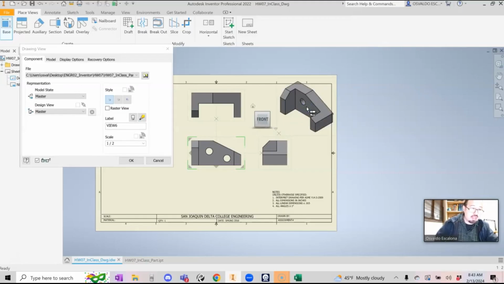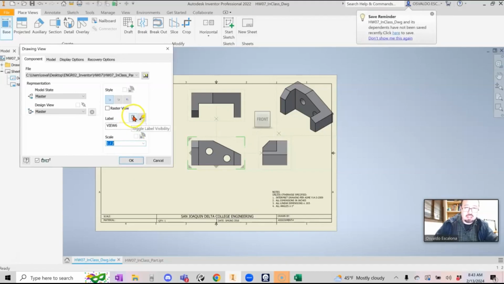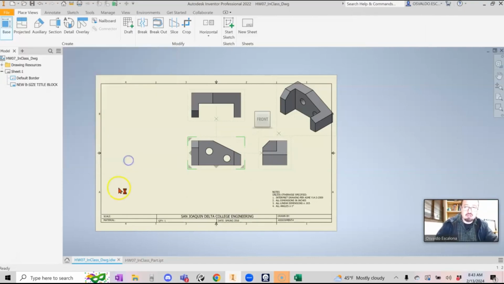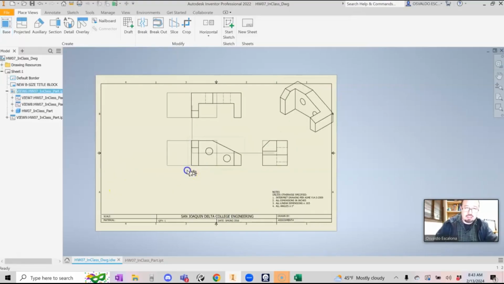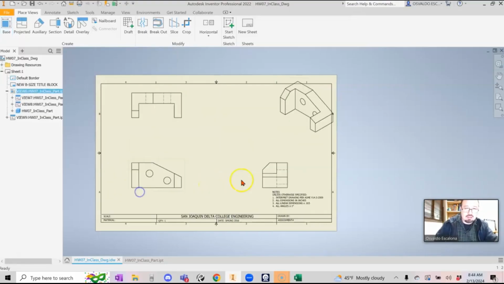You guys remember the scale was a 1/2. If your scale is not a 1/2, type a 1/2. In my case, I am done, and I'm going to click OK. Also make sure that this light bulb is off. Sometimes Inventor will create labels for each of the views and I don't want labels. So just click in there and then I'm going to click OK. Boom. I'm going to drag my views and kind of center them because I'm going to dimension them, something like this,